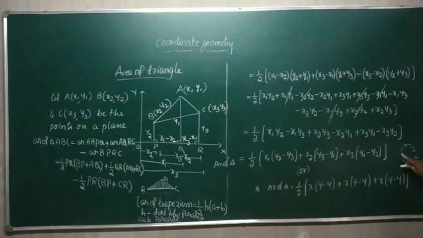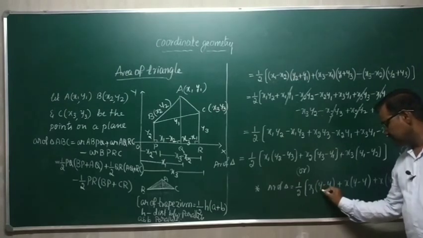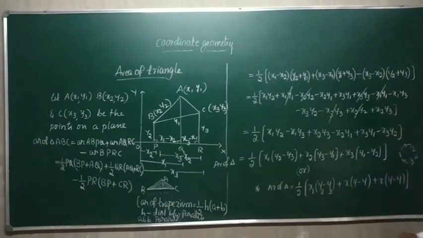So we have 3 points, 1, 2, 3. Always we start from 1. You mention here 1, 2, 3. After 1, you start from 2: 2, 3, 1. Next, after 2, start with 3: 3, 1, 2. Yes, so this is the formula. And you must learn the formula by heart, which is very, very important for the examination.